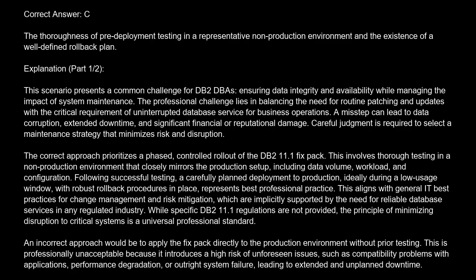The correct approach prioritizes a phased, controlled rollout of the DB2 one fix pack. This involves thorough testing in a non-production environment that closely mirrors the production setup, including data volume, workload, and configuration. Following successful testing, a carefully planned deployment to production, ideally during a low-usage window, with robust rollback procedures in place,